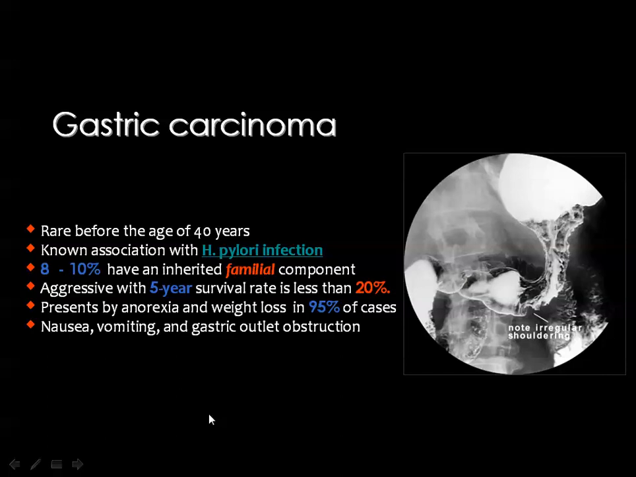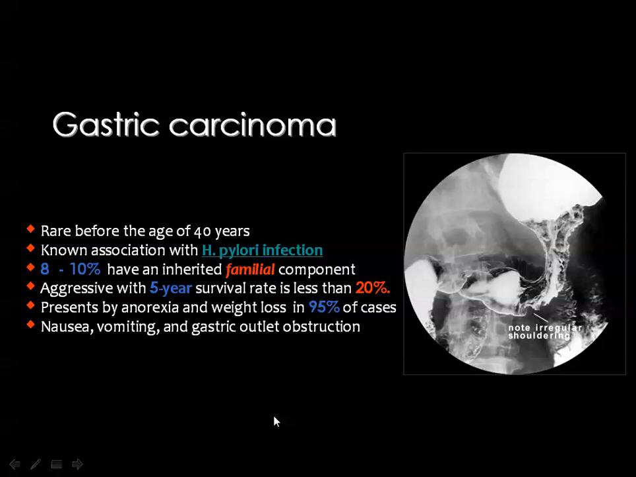Then we came to gastric carcinoma, which is considered rare before the age of 40 years according to the literature, and it has an intimate relation to the H. pylori infection, and it has been stated that about 8 to 10% of these tumors are inherited, having a familial inherited component. Then the criteria of gastric malignancies include gastric masses causing filling defect, destruction of the mucosa,